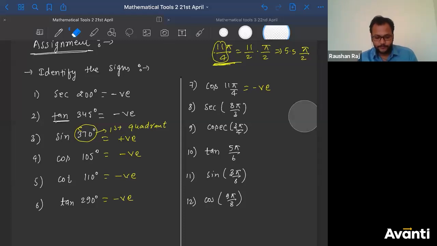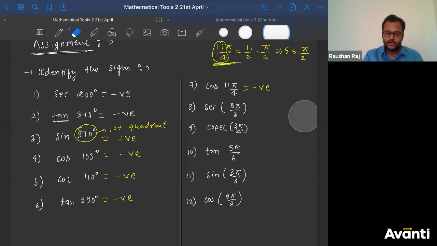Let's move ahead. Now we'll talk about 8 pi by 3. Now pi by 3 is a standard value, right? Pi by 3 is how much? How many degrees? Pi is 180. By 3 is what? 180 by 3. That means 60 degrees. 60 into 8 is what? 60 into 8 is what? 480, right? Correct? So using degrees also, you can get the values.